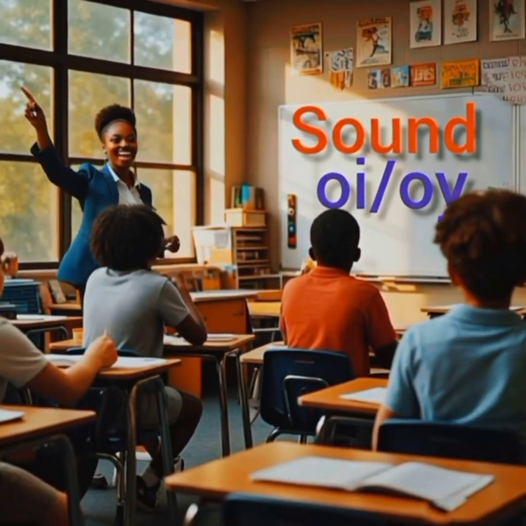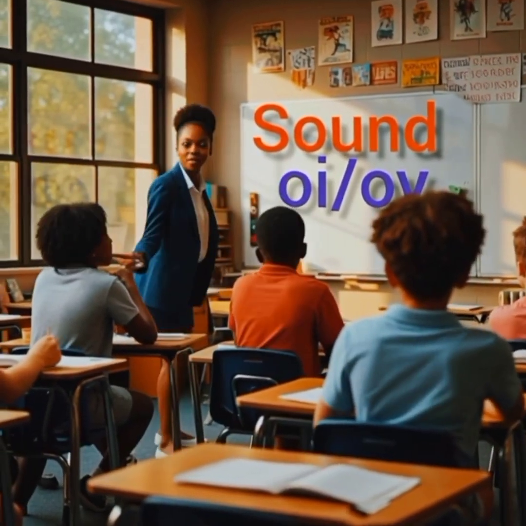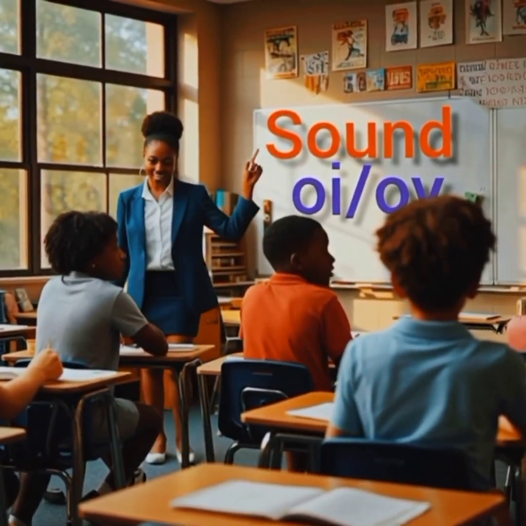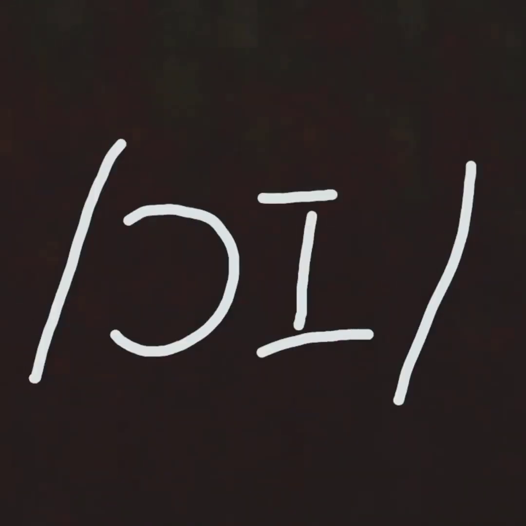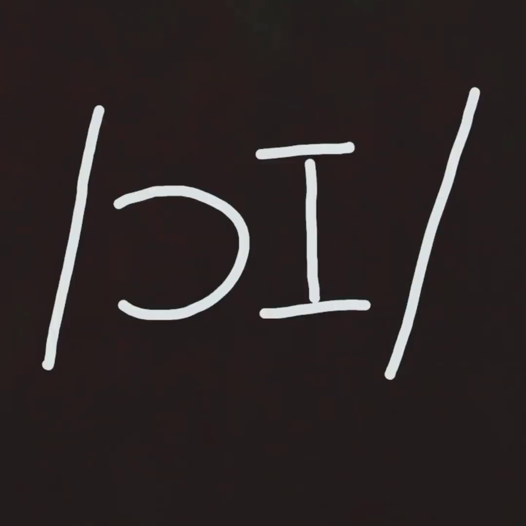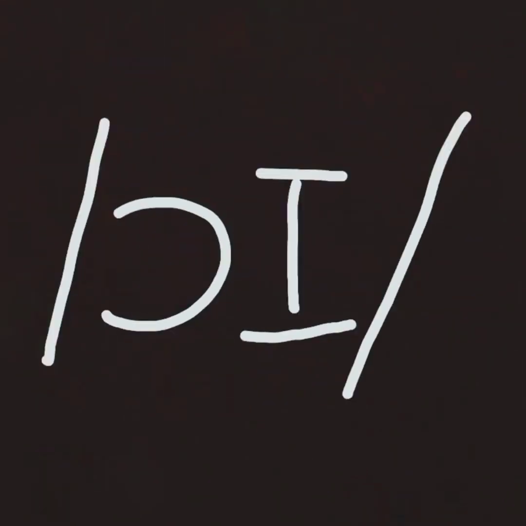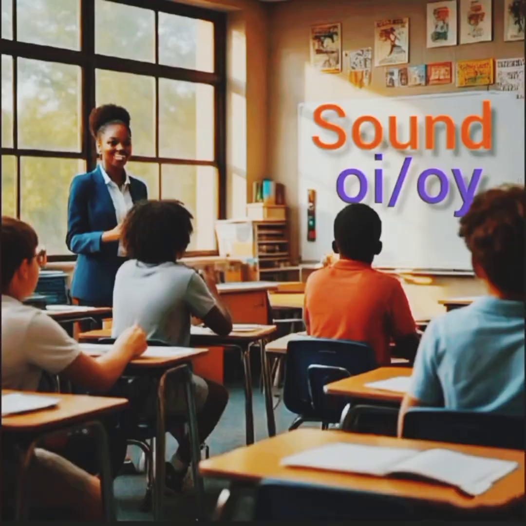In our class today, we'll learn how to pronounce words with OY and words with OI. When you see OY in words, it says OI. When you see OI in words, it says OI. OI says OI, OI. So now that we know that OY and OI say OI, we'll be taking examples of